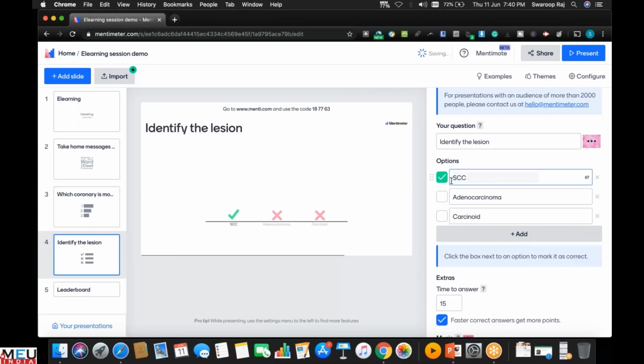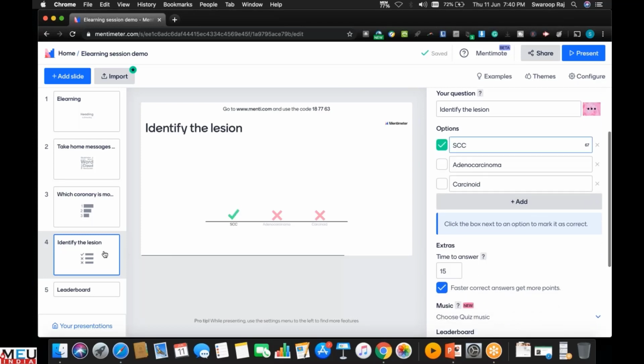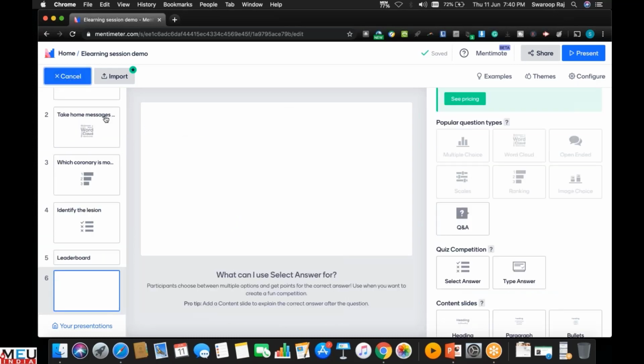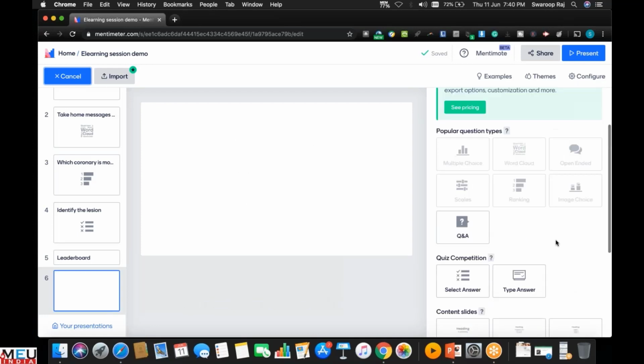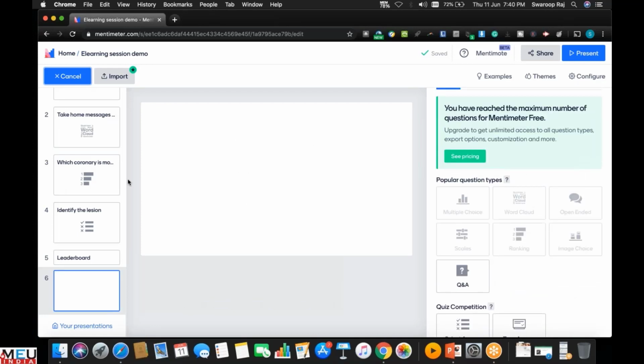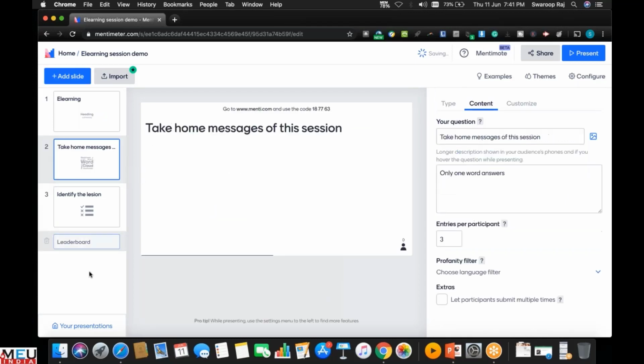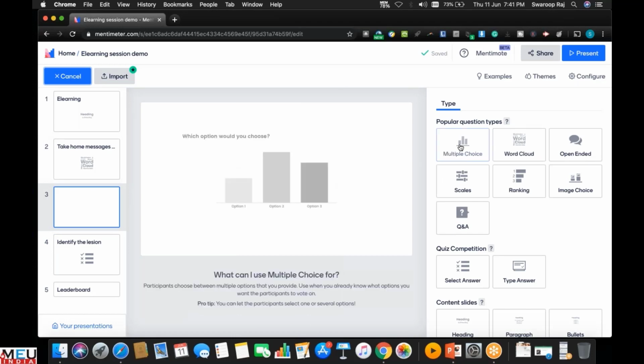So when you tick this correct answer and you set it as a quiz, you will notice that on the leaderboard you will get the score as per whoever has answered the correct answer and the fastest. So to add slides, you have to click add, but it will only allow you to add one slide at once. So you have to add one slide, choose what type of slide you want. So there are different options here. So if I want to delete, just to show you what are the other options, so I'll click add a slide. So you have MCQ.